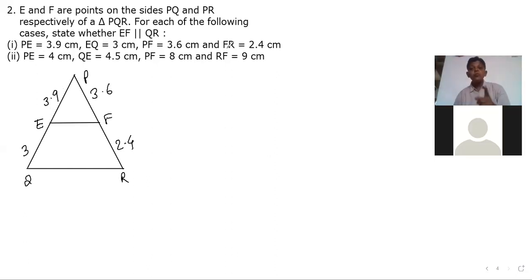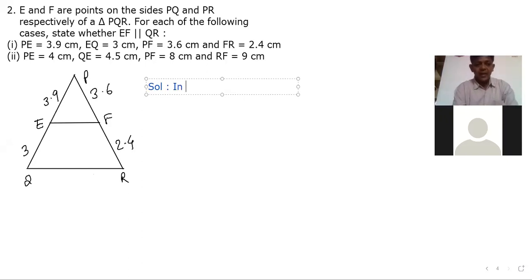I have to check. I cannot take it for granted. So let me check whether PE upon PQ as equation 1, PF upon FR as equation 2, and if at all the ratios are equal, from 1 and 2, ratios equal, therefore by converse of BPT. Don't even by mistake write that PE upon EQ is equal, because you don't know whether they are equal or not. We do not know whether they are equal or not.